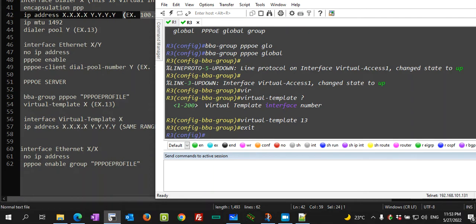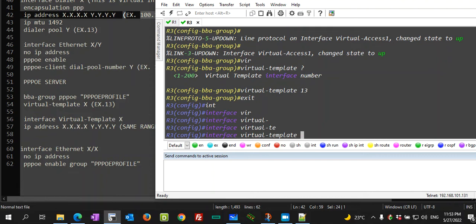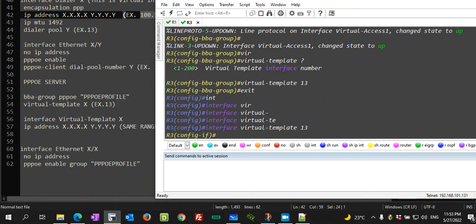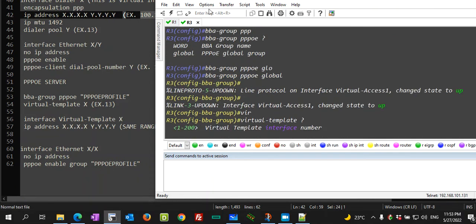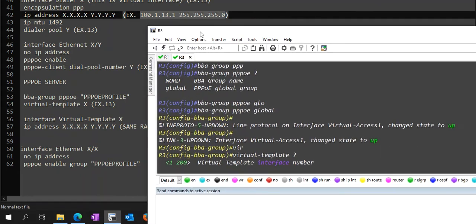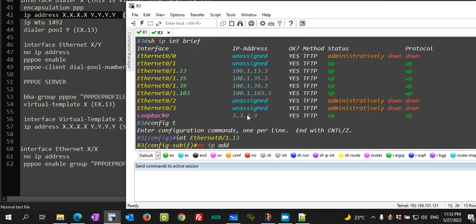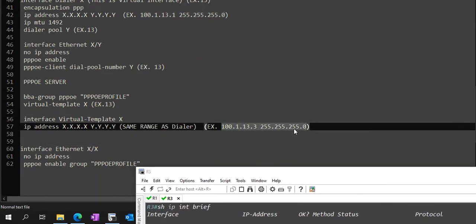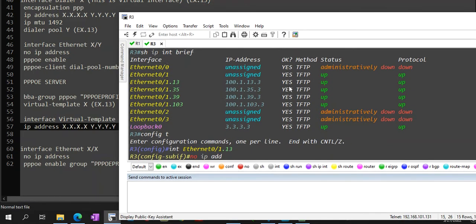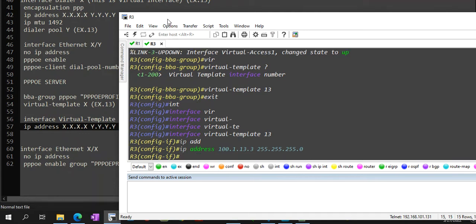Then interface virtual template 13. IP address of physical interface. We have just removed it. This should be the same range as dialer. We had 3. Yeah, this is the same. 133. This address. And